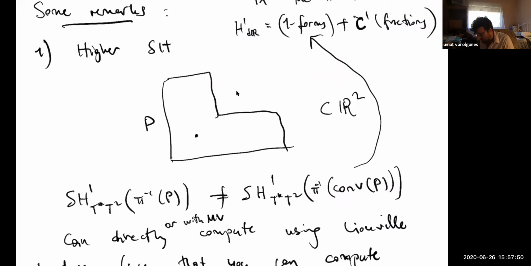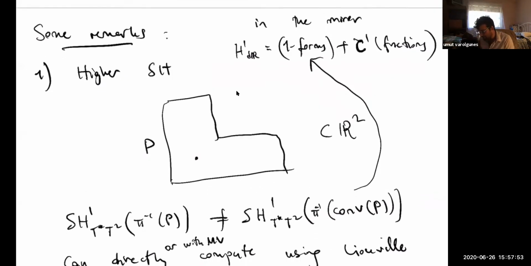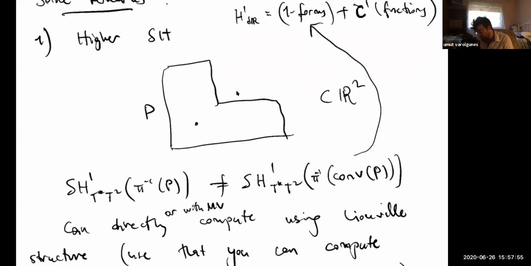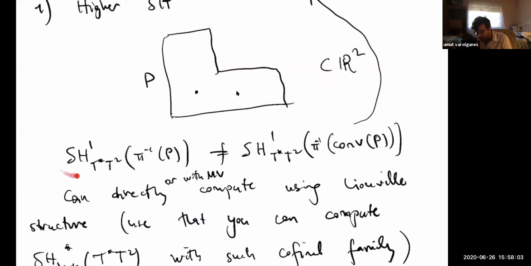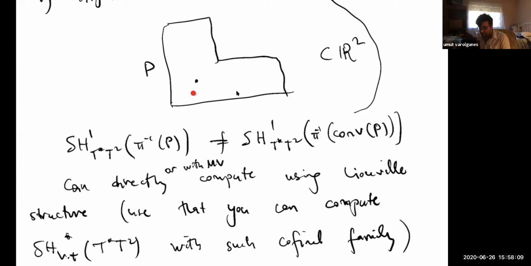Okay, so now some remarks. One remark about higher symplectic cohomology. If you consider just the base of T*T^2 and take this non-convex domain, and look at SH1 of this non-convex domain: the SH0 of the non-convex domain is the same as the SH0 of the convex domain. It's like functions, and there's some kind of Hartogs lemma. You can't distinguish using functions something in this base from its convex hull. But if you look at SH1, you see that they're not the same.